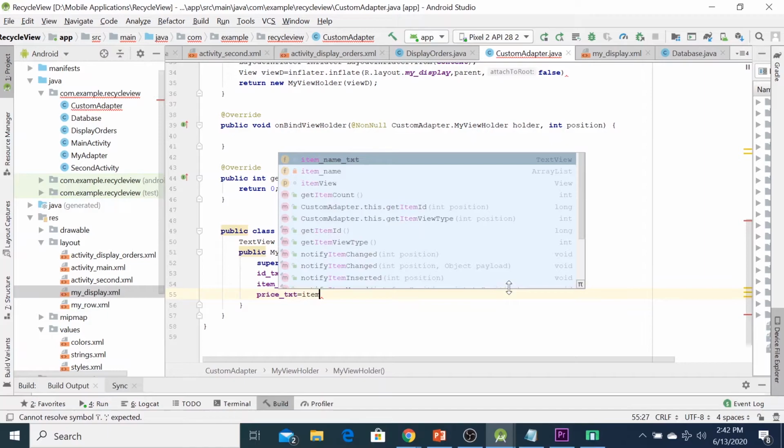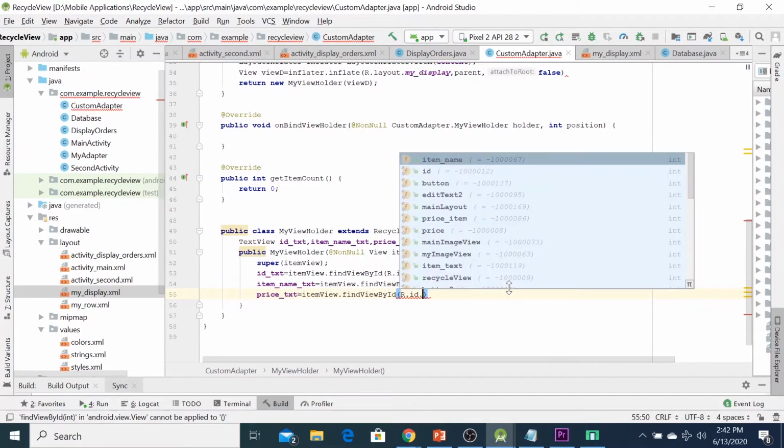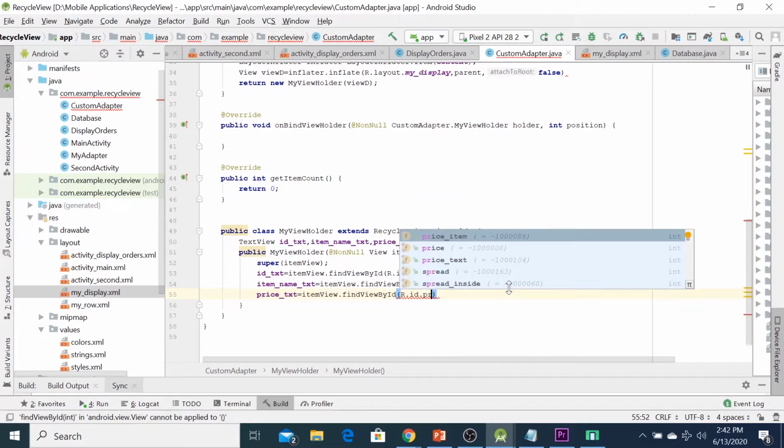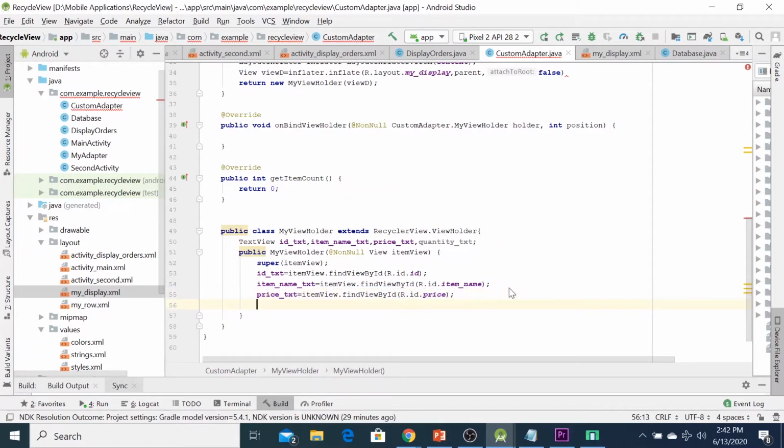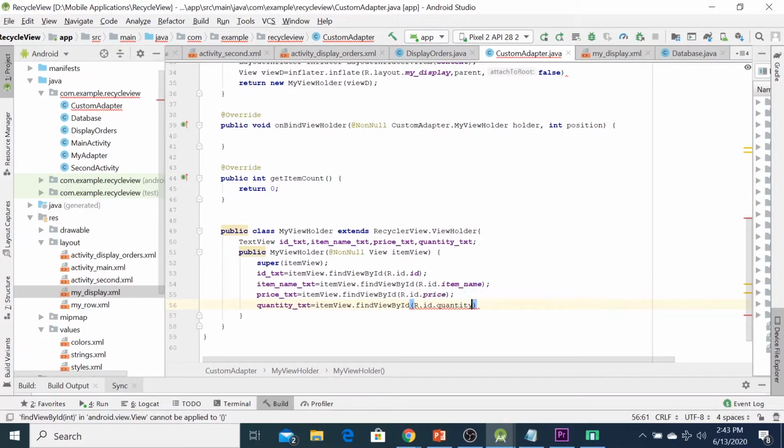price, my itemView. This is the price, and lastly is the quantity, equal to, semicolon.